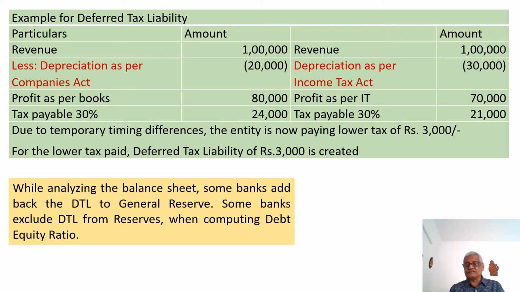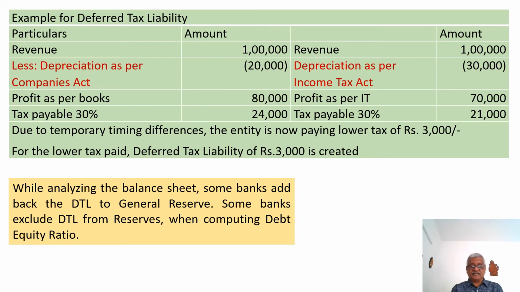Now look at the same scenario as per the Income Tax Act. In the Income Tax Act, the revenue is 1 lakh. Depreciation as per the Income Tax Act is 30,000. So the profit as per income tax is 70,000. Tax payable at 30% is 21,000. So due to the temporary timing difference, the entity is now paying a lower tax of 3,000,